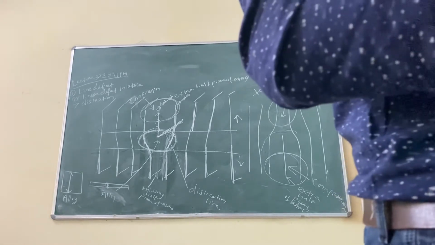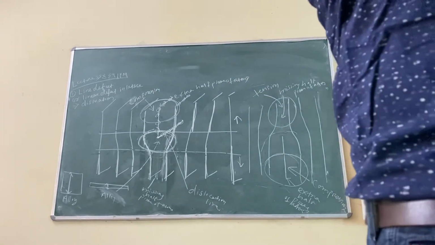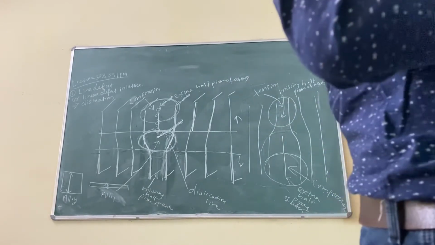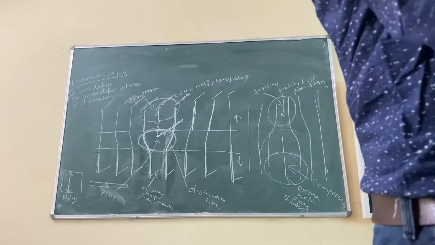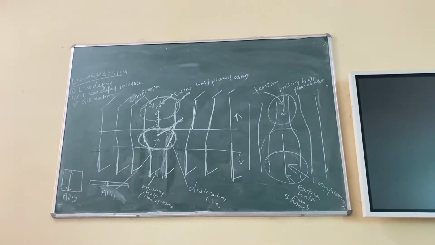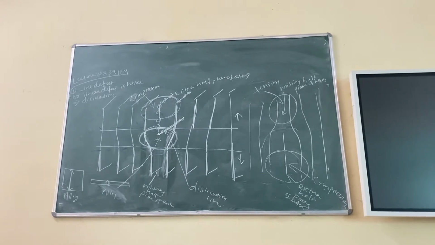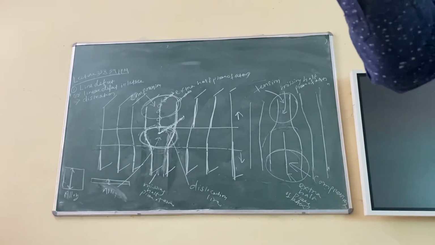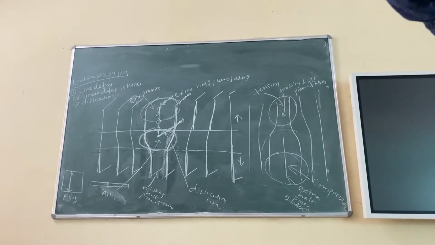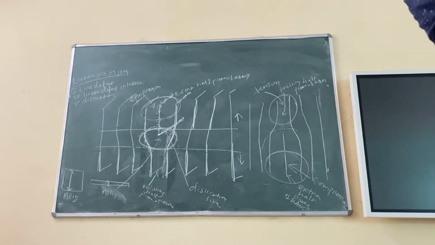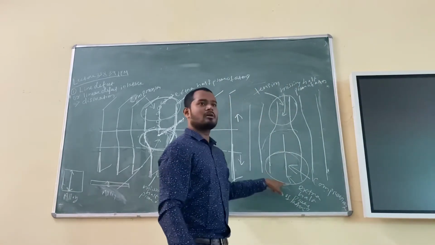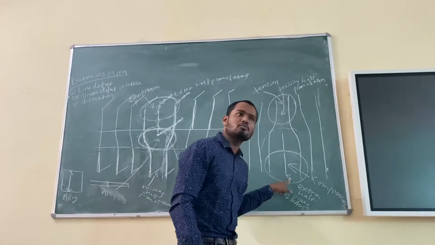Why is this happening? The answer is simple, because in pure iron there are no carbon atoms. So there is no strain field, right? There is no strain field. But in case of steel, you have iron plus carbon, and carbon is going into the octahedral voids or the interstitial sites. When it goes into a site, it will create a distortion. You remember, right? It pushes the iron atoms. A strain field will be generated, and that strain field will interact with the tension and compression strain field of the dislocation. So it will not move.